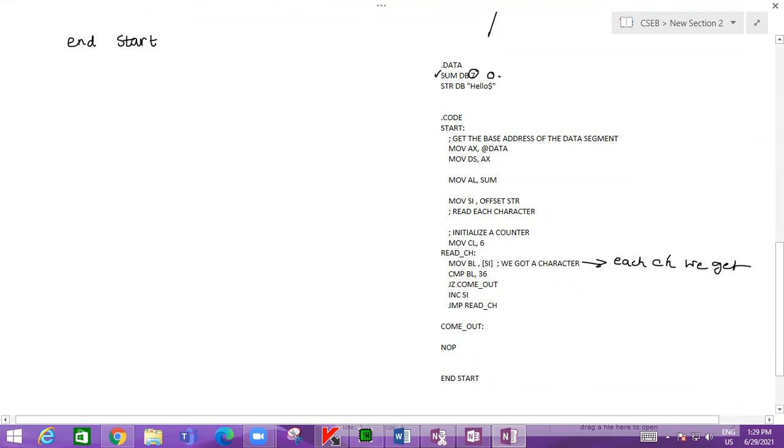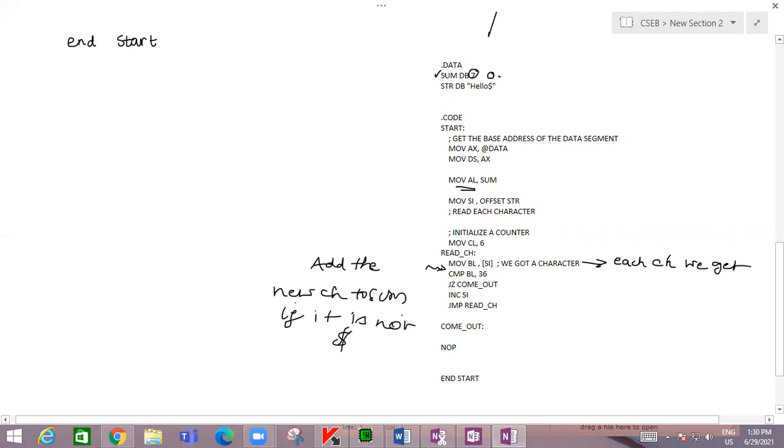So we can use AL here. As soon as we get one character, we should add it to the sum. We have to add the new character to the sum if it is not the dollar sign.